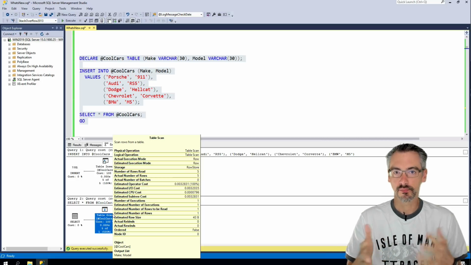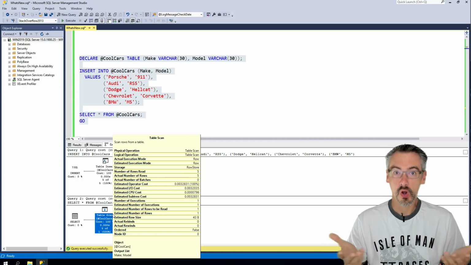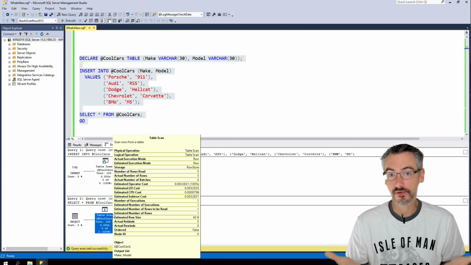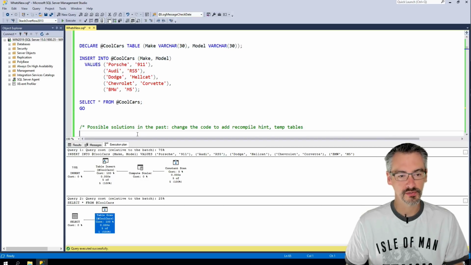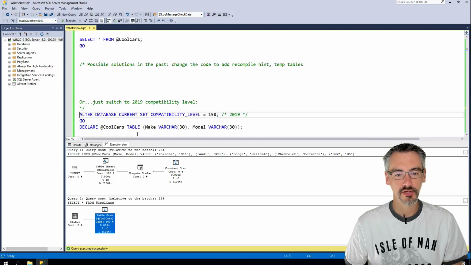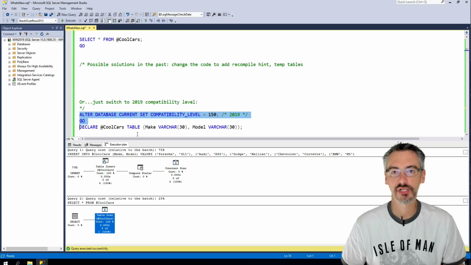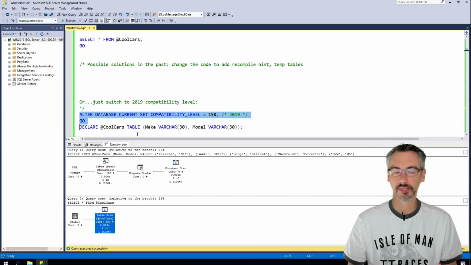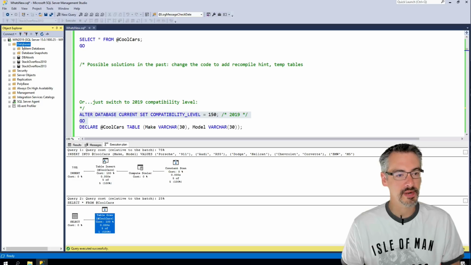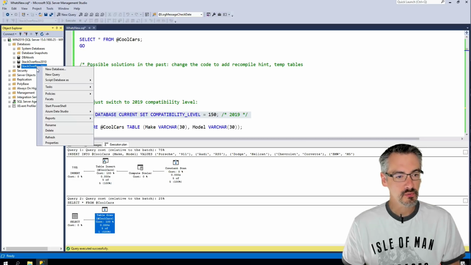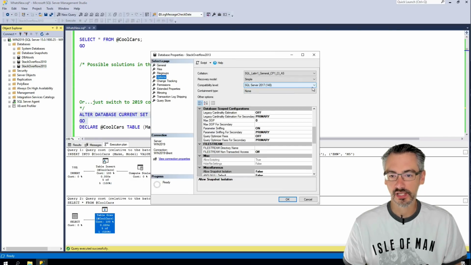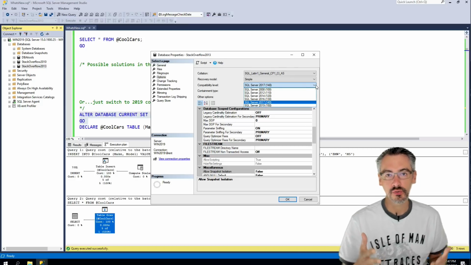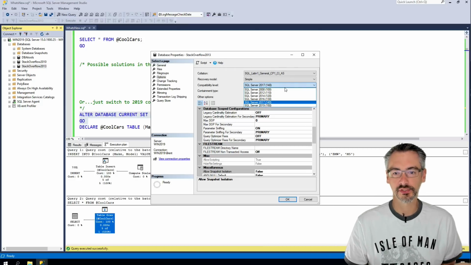Now maybe you're thinking, hey Brent, I noticed that you're making this demo on SQL Server 2019 and the behavior is still the same. Well, the reason for that is SQL Server bundles all kinds of cool stuff under the compatibility level switch at the database level. This is freaking awesome. This is fantastic because if I go into one of my databases, right now I'm working with Stack Overflow 2013, right click and go into properties, there's this compatibility level switch. And you'll notice that even on 2019, I've got compatibility levels going all the way back to